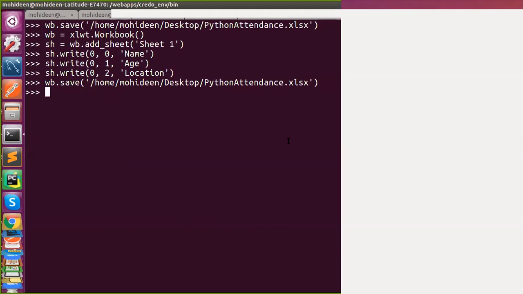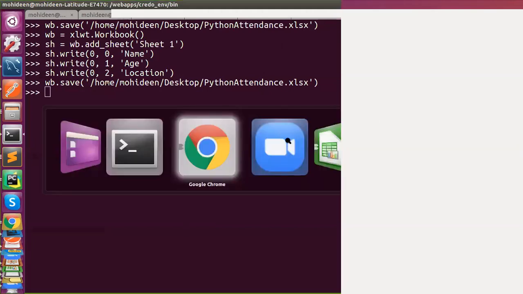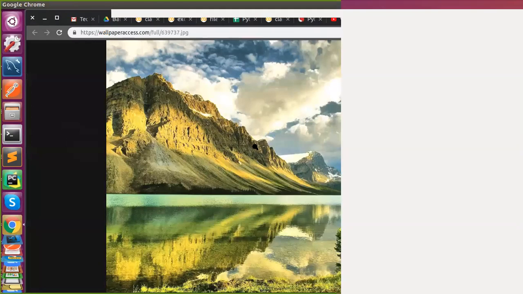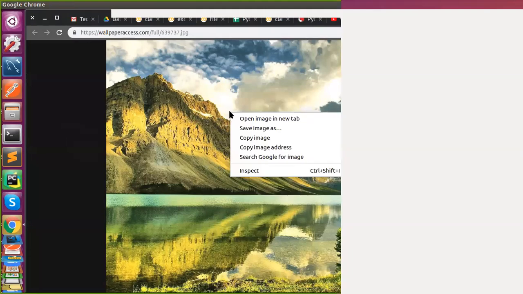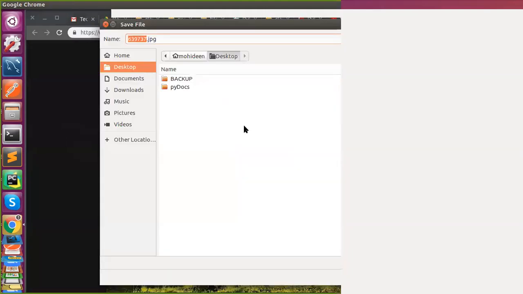Now it's an image screen, the mountains. Okay, so it's one by one after another.